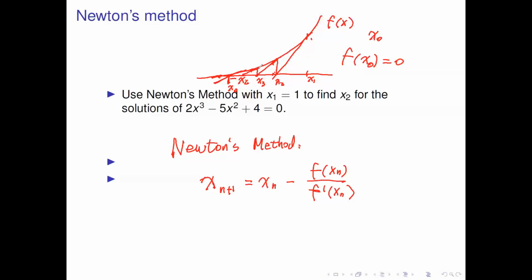Then at x3, take the tangent line to get x4. Then 5, 6, we can approach x0 such that f(x0) equals 0. So here's the example. The example is simple. Okay, the answer